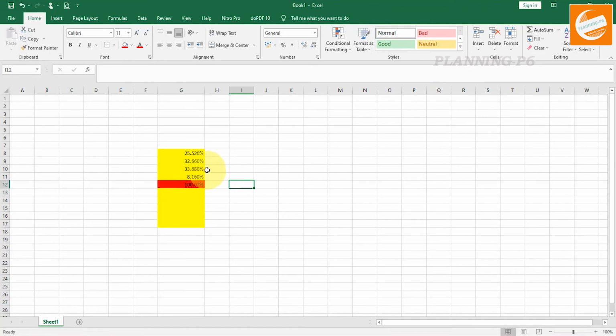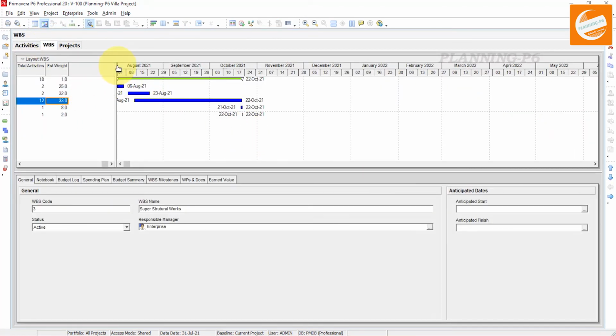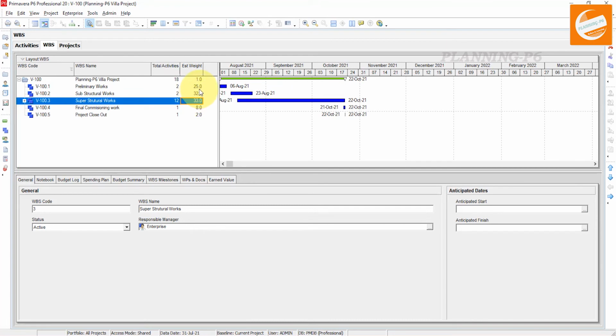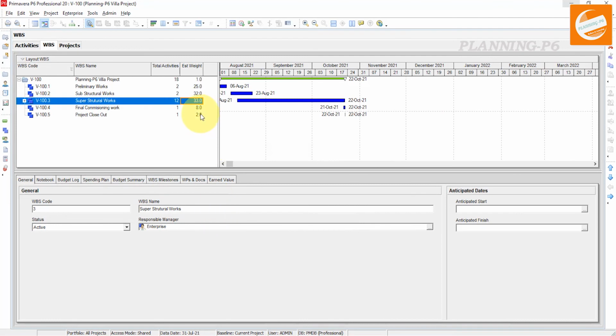Now we have assigned in our WBSs at the WBS level, go to expand it and see here 25, 32, 33, 8 and 2. This 2 is not calculated because there is a milestone. That's why there is a little difference. But as in estimation, this difference is acceptable. You can see 25, 32, 33, 8 and 2. This is how you can calculate your estimated